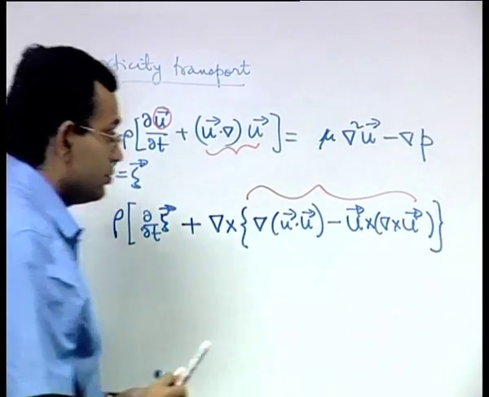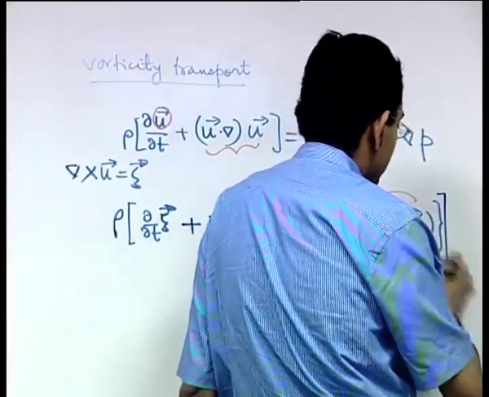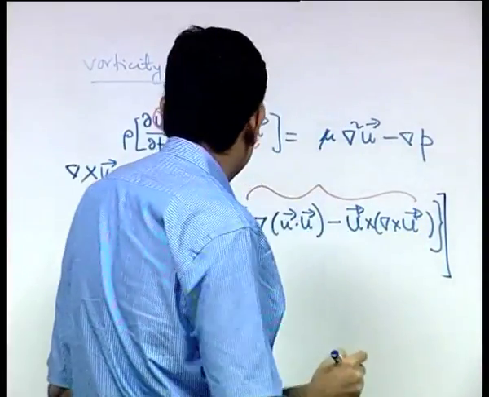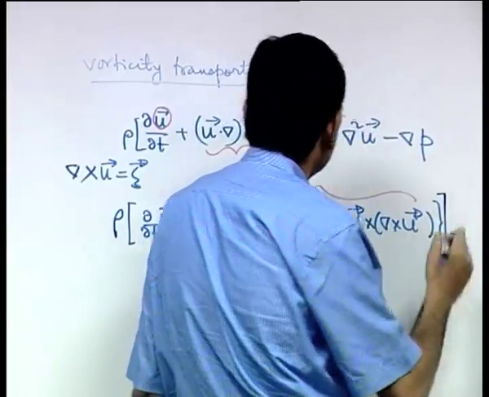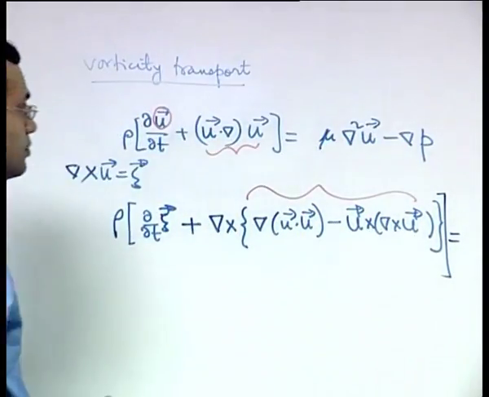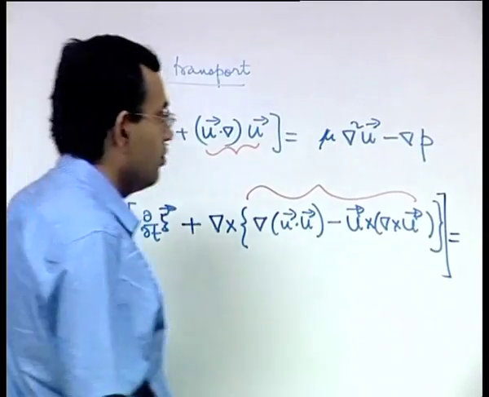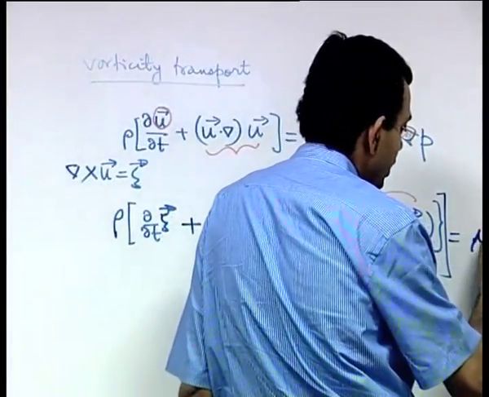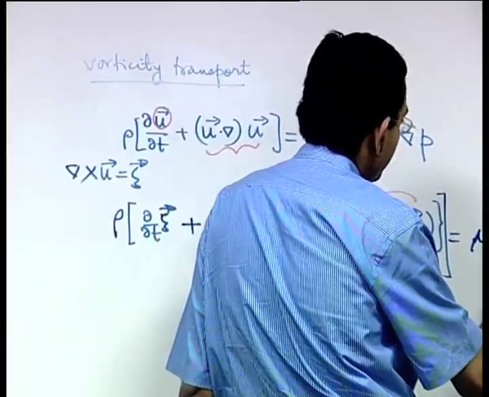Now, the right hand side will become mu del squared zeta minus